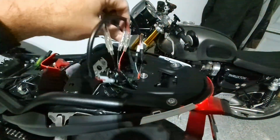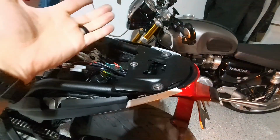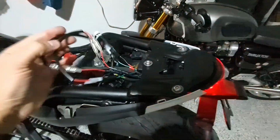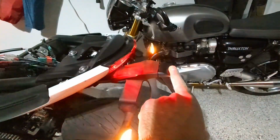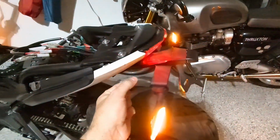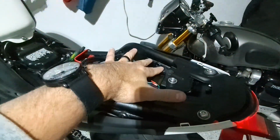And so what we're left with is this big bundle of wire. There's actually a ton of wire. They give you a lot for here, but then down below, not enough. So I don't know if that was just my kit or the way my bike is set up, but got a lot of wire here, not enough for the connector that actually goes to the rear license plate light. The connector is like right there, so I have to jam the connector through the hole. Not ideal. So we're gonna get this all just zip tied up, looking pretty to go underneath the seat,